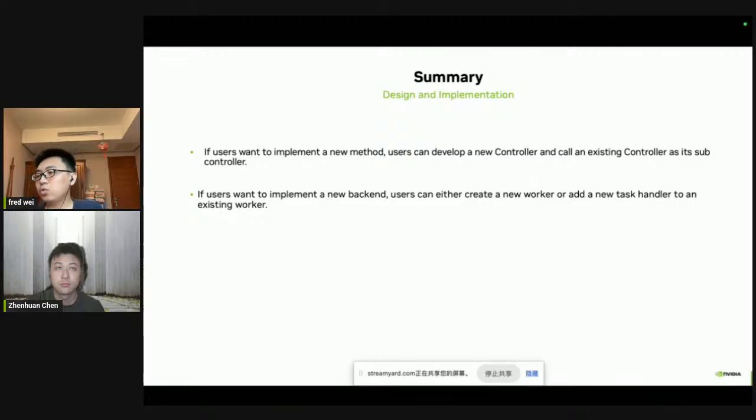If users want to implement a new backend, such as a new LLM inference engine, they can either create a new worker to add a new task handler, or add a new task handler to an existing worker. As for the Scaffolding LLM class, we have hidden many complex implementations in it,